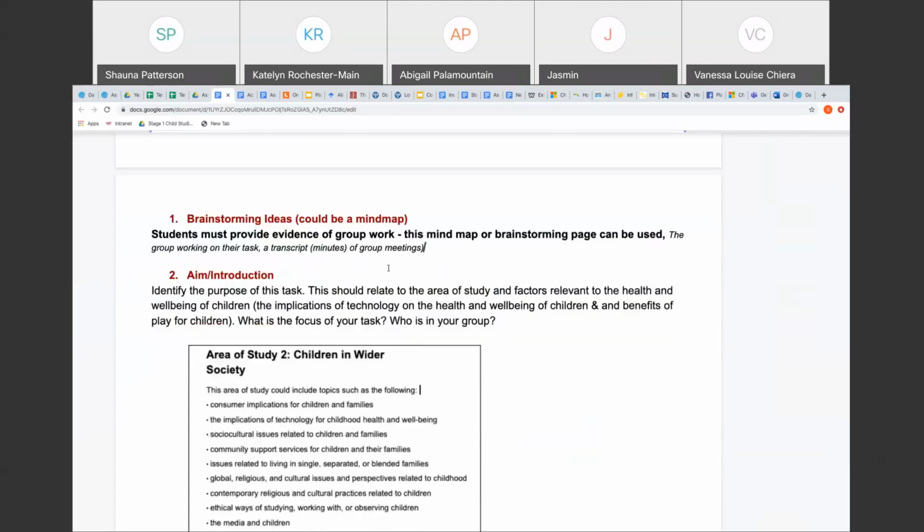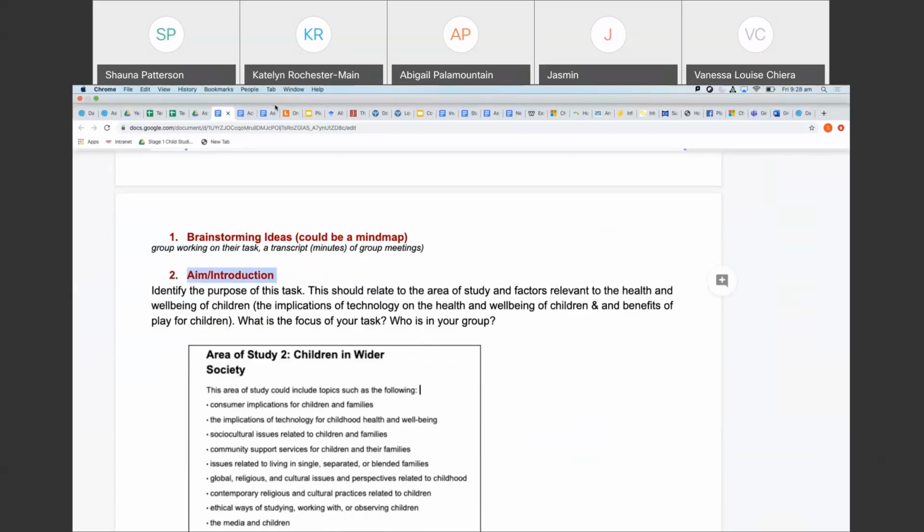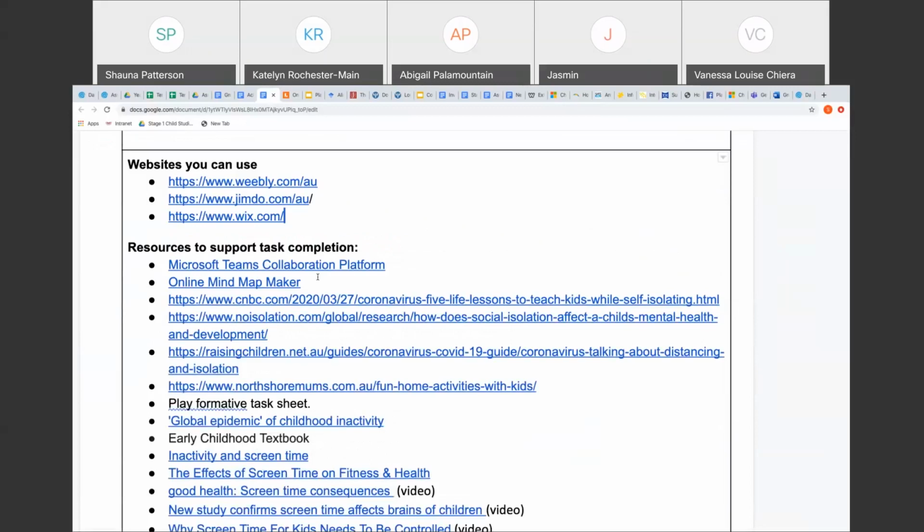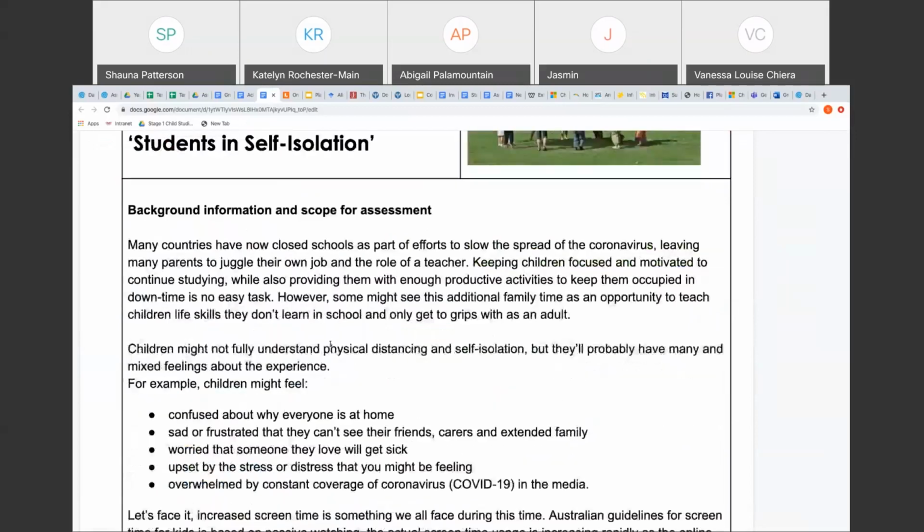In your group decision making, just have a brief paragraph up the top of your aim of the task and just introducing the task in general. So you can use the task sheet. Scroll up to the top. Have a read through the blurb, the background information,